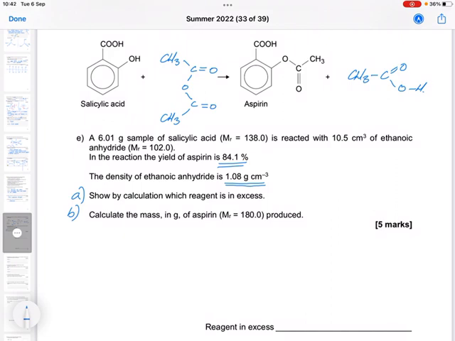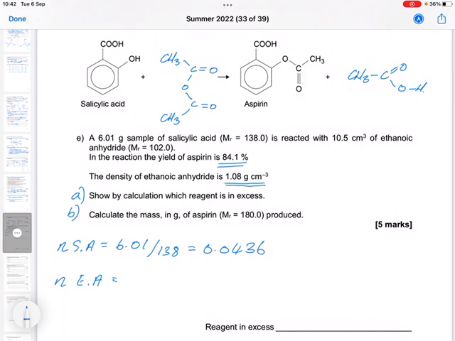So the number of moles of salicylic acid is equal to mass, 6.01, divided by the MR, 138. So 6.01 divided by 138 gives me 0.0436 to 3 significant figures, moles. The number of moles of ethanoic acid is,